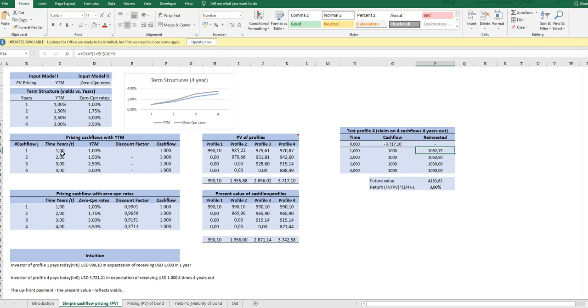But he also has some reinvestment of the cash flows that get to his account. So in 1 year, for instance, this 1,000 goes to his account and it's reinvested. And it's assumed when you deal with YTM that it's reinvested at the YTM yield. So here, the future value of 1,000 in 1 year is the 1,000